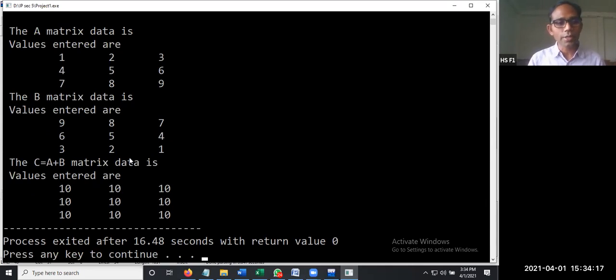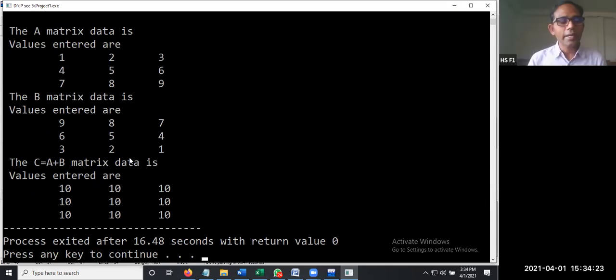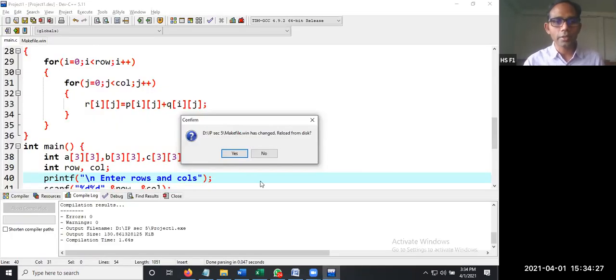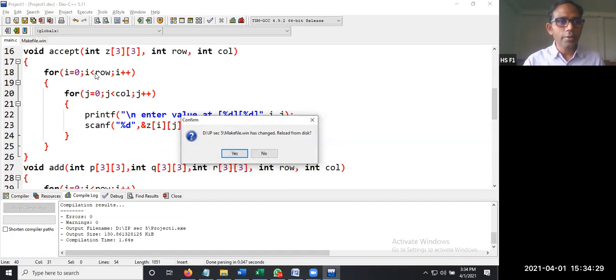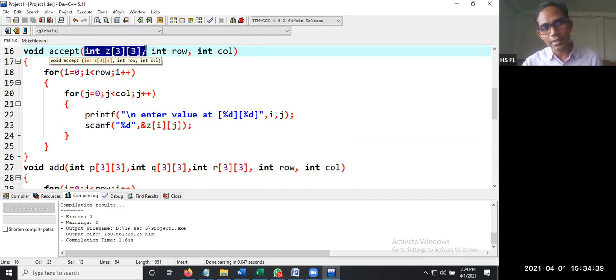Is this clear? How to reuse? That is the first point discussed yesterday in the class. How to pass a two-dimensional array to a function. See, this is how you are going to pass an array. You are going to declare a variable, that is data type, followed by variable and the sizes in two indices if it is two-dimensional. If it is one-dimensional, only one index will be there, followed by the rows and columns.